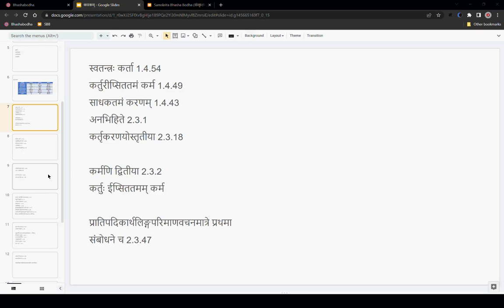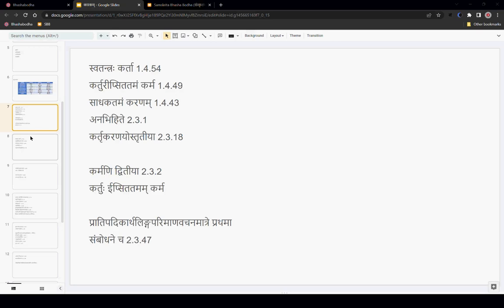Right? Karta, Karma, Karana, and what else? Sampradana, Apadana, and Adhikarana. So these Karakams are the roles of the nouns in a Vakyam with respect to the Kriya stated in the Vakyam. And for each of these